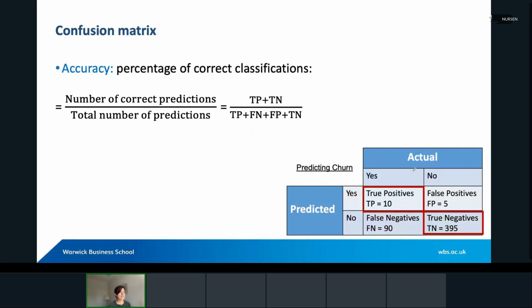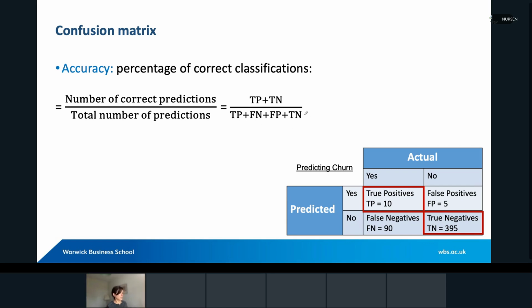We already discussed the accuracy in our previous workshop. Accuracy is the percentage of correct classifications, correct identifications. So it doesn't actually differentiate between churn and not churn predictions. It is overall correct predictions. Therefore, in the formulation of the accuracy, we have correct predictions at the numerator and total number of predictions at